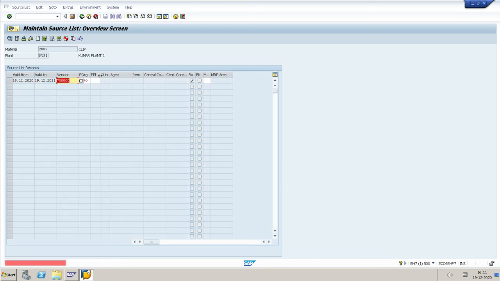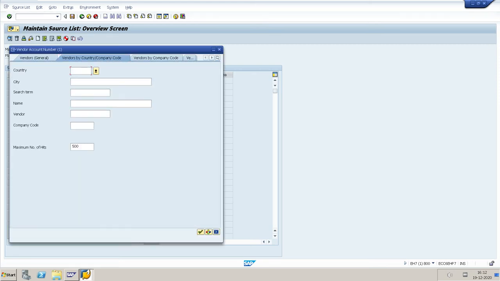We will also see the error: info record for vendor and the material does not exist. It means there is no purchase info record for this part number and this vendor. So it shows the error. So before maintaining the source list, you should maintain the purchase info record.